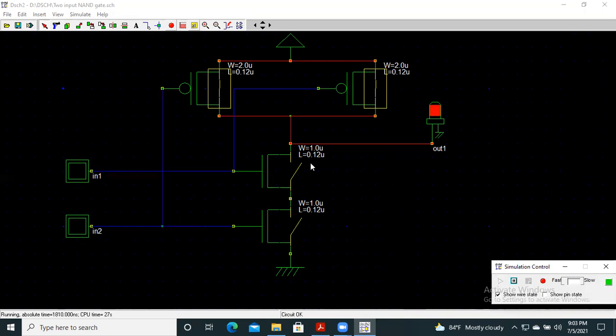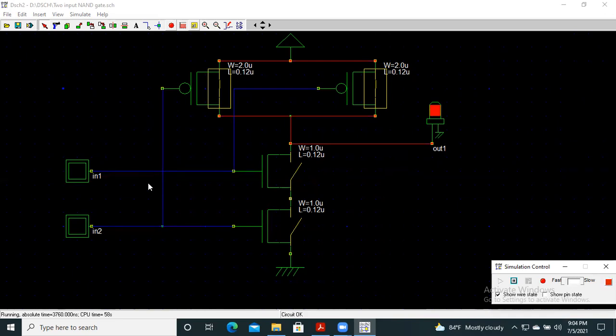As a result, this portion of the circuit, that is the pull down network, is segregated from the pull up network. If we look at the pull up network, we see that these two PMOS are active. As a result, the supply point is short circuited with the output point. That is, this output point is the same as the VDD point. So here we receive VDD, that is high output.